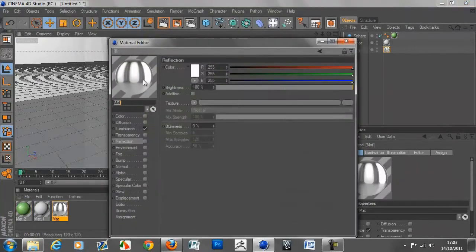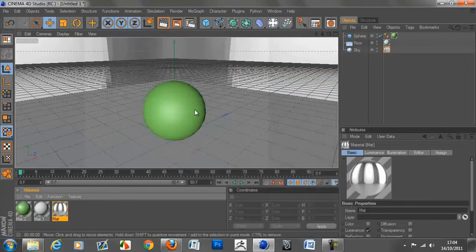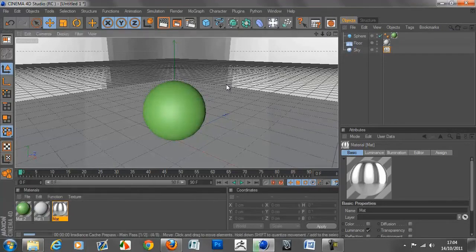HDRI stands for High Dynamic Range Image, which means it's an image that contains lighting data within it. So you put that on an object, like the sky for instance, and it uses the sky to render onto the sphere. And the global illumination uses the lighting within the sky on the material to light the scene. So if I render now,